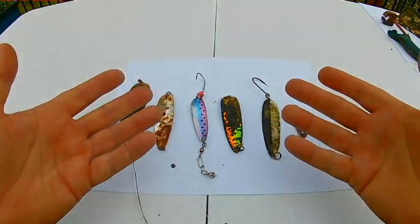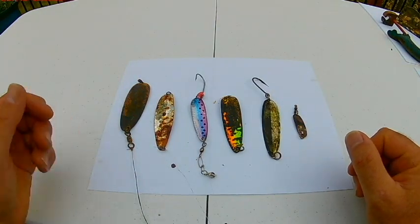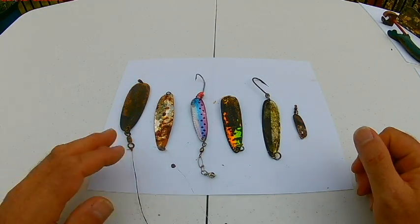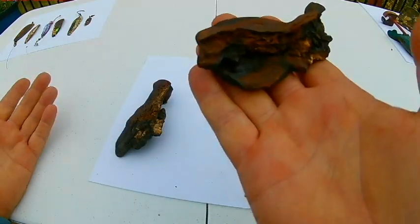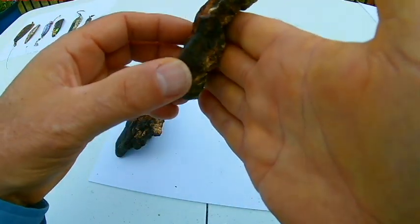So there's the fish lures. They'll probably all get cleaned up and go in my tackle box. This is the lava flow. I think that's just awesome. You can see how that